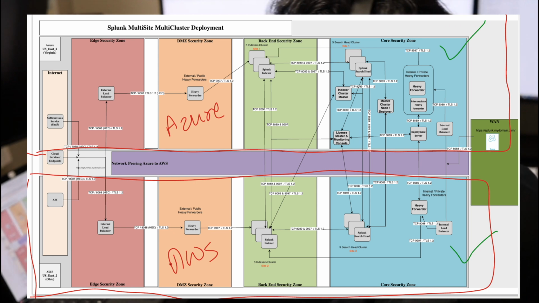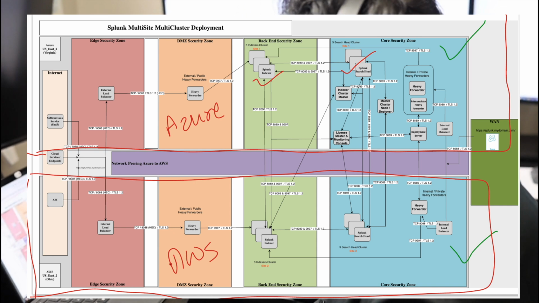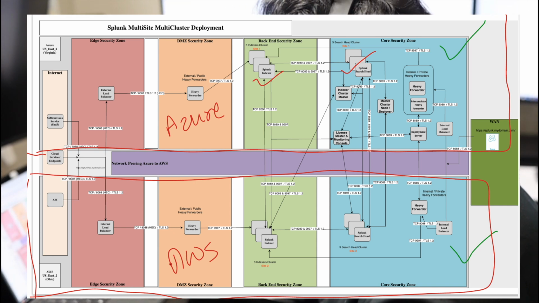When it comes to the primary side, Azure hosts the key Splunk components like our indexers, which are responsible for parsing and storing the data. The Splunk search head is mainly used by the user to perform queries or look for any specific data. The indexer cluster master manages these Splunk indexers so that they can perform data replication and sync up with each other. All this data gets stored into blob storage, which is used for log archival,